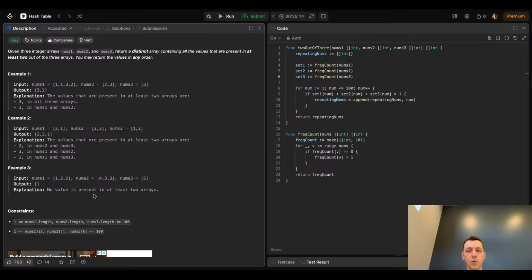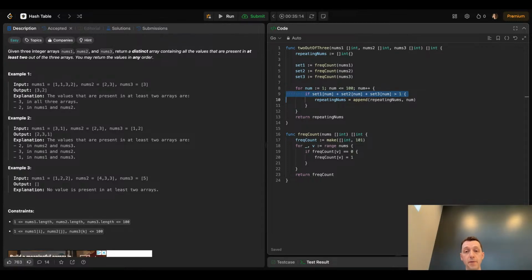We don't have to worry about which one is. I mean, if we didn't do that, we would have to go over each pair, or over each nums actually, and separately create that